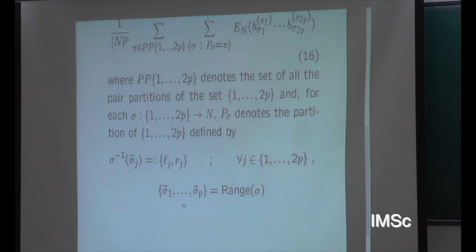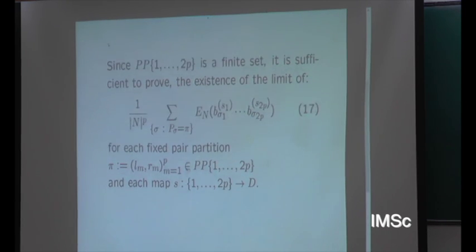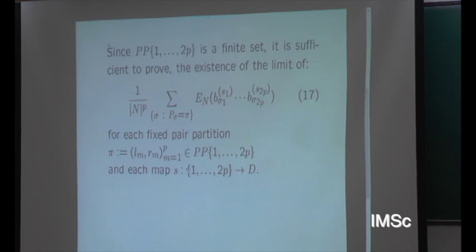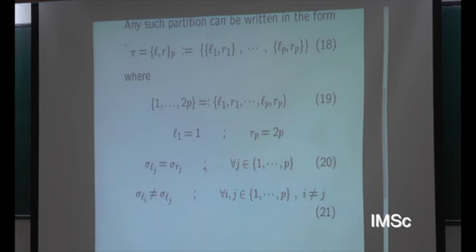So I use this notation. If sigma bar j is in the range of sigma, we know that the inverse image contains exactly 2 points. And these 2 points I will denote Lj, Rj. So we forget the sigma index for the moment. So with this notation, we obtain that we can write the sum in this way,